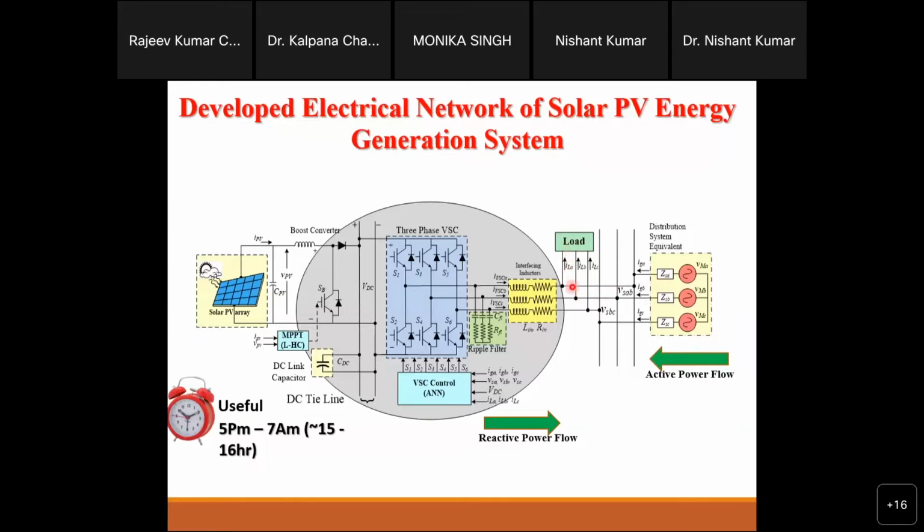But if we are able to operate this system at night, we can generate the reactive power and nonlinear power for this load, at least for this load. So what will happen? These two types of power will come from this side, and only the one active power will come from the grid. Through this way, we can create a grid-supportive behavior, right? So in this way we can use it in the night time, right?